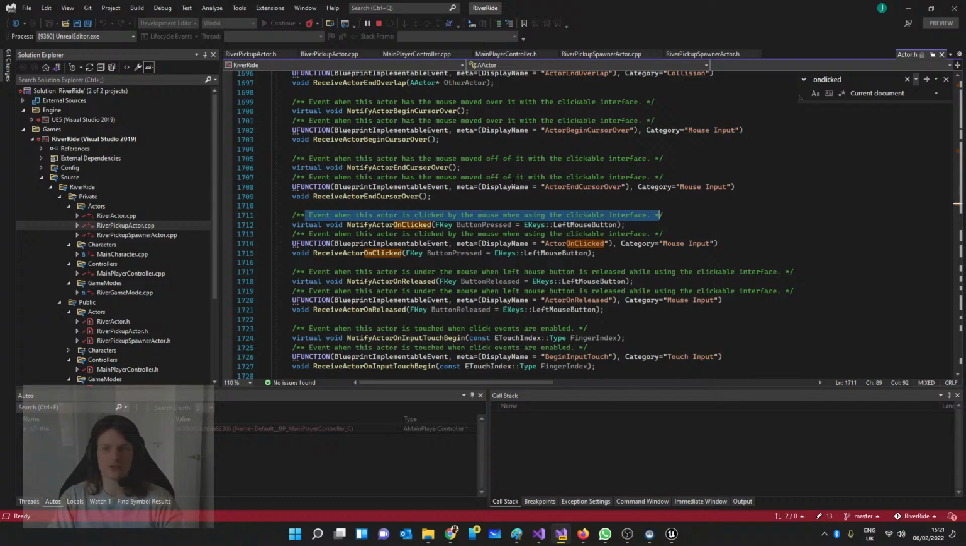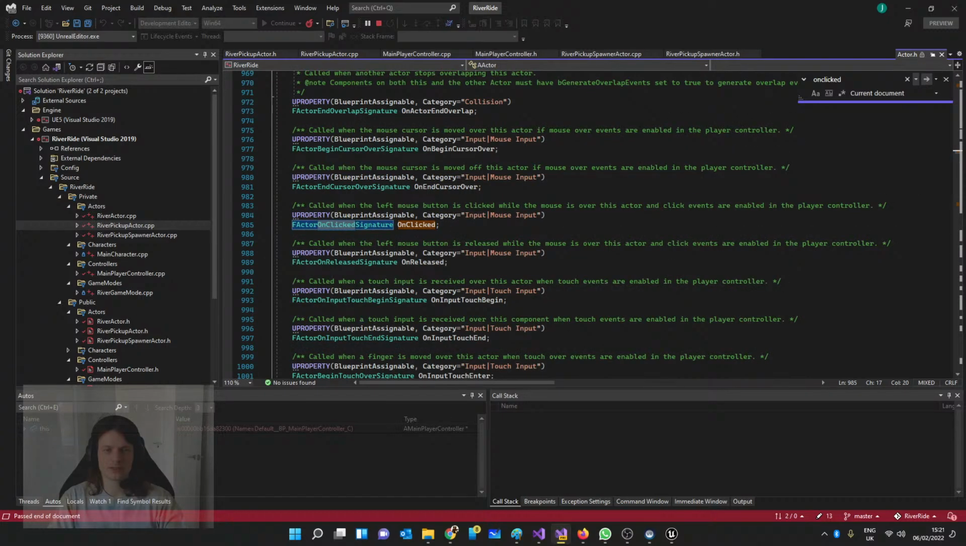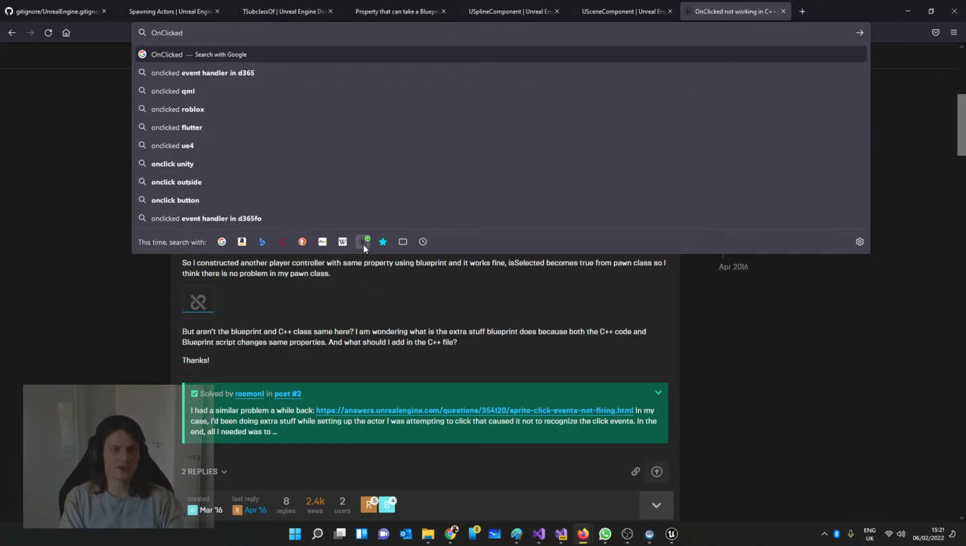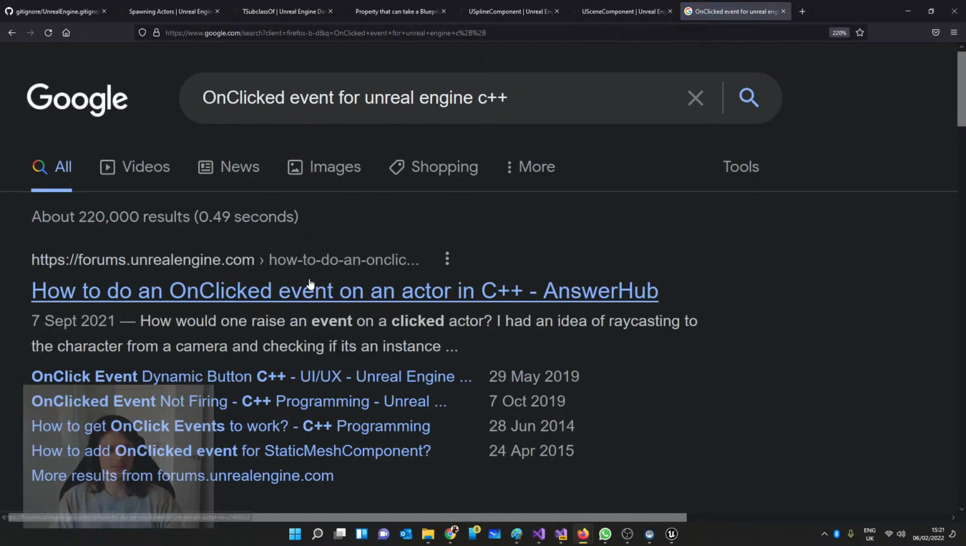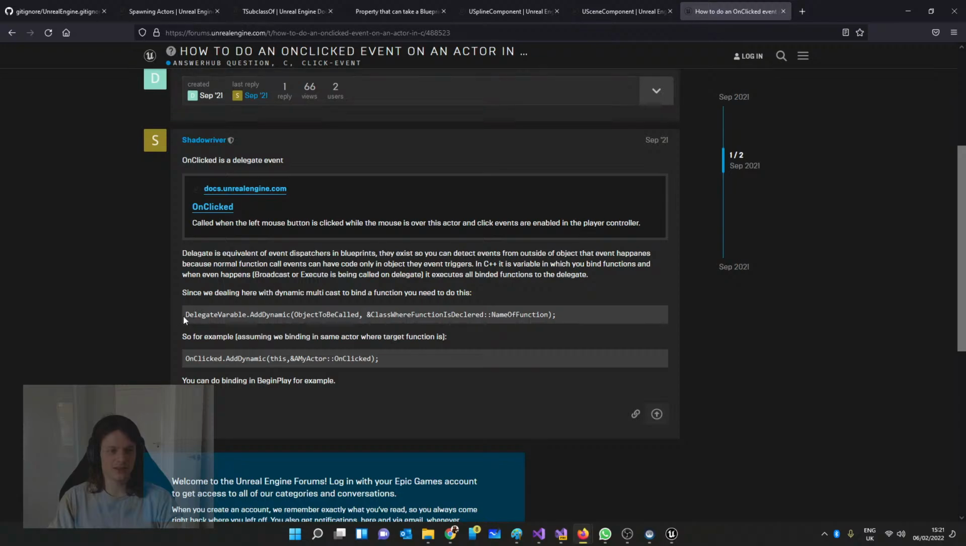We've just found that. So now if I go back through a little bit, this one, I'm going to search for this in Google. So I'm going to search for an on-clicked event for Unreal Engine C++. How to do an on-clicked event? Great. Let's just copy what they say. And this looks like the one. So if we just copy this,